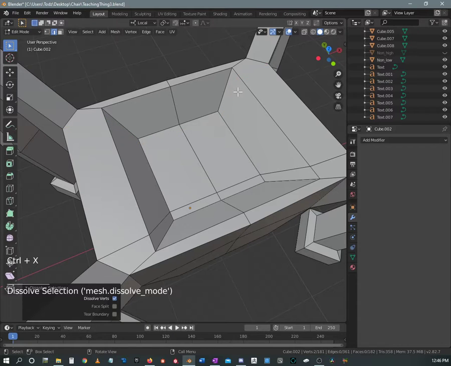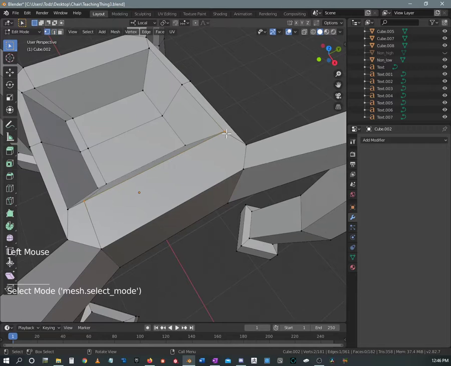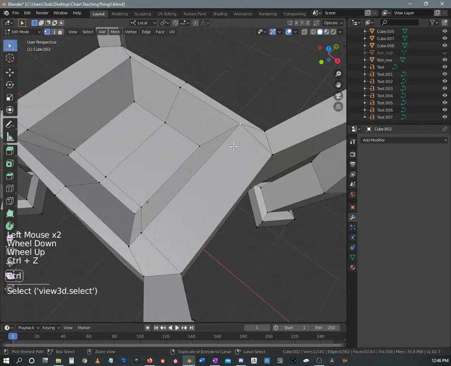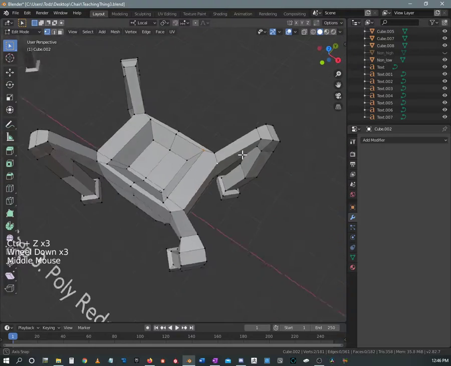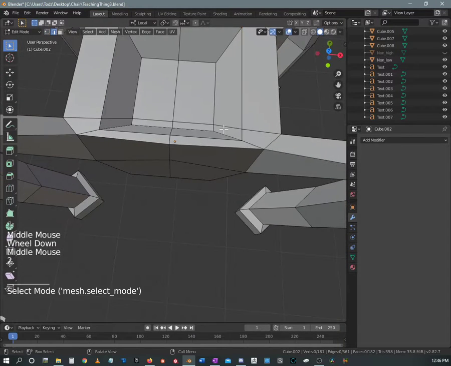And so if you do a dissolve, it does settle this issue right here for sure. What you've got to keep in mind though is now it's created a 1, 2, 3, 4, 5-sided polygon. You can manually fix that by grabbing the two vertices and hitting J to join them. Or if you're thinking a little bit further ahead, knowing that this edge here also needs to go,